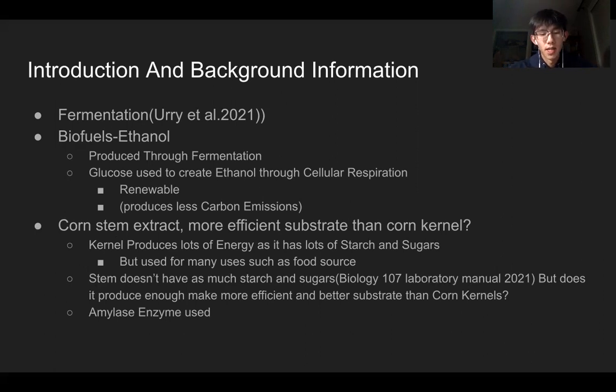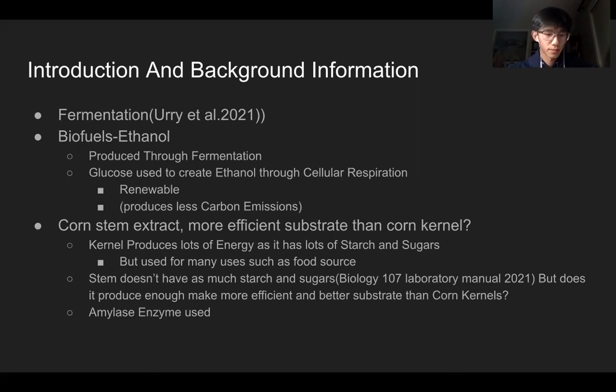In this experiment, we will use yeast cells to ferment glucose broken down from starches found in corn stem cells, which contain only a little starch according to the 2022 Bio 107 Diet Manual. Although corn kernel cells contain a lot more sugars and would likely produce a lot more ethanol, they are used as food and have many other practical uses, whereas by comparison, corn stems are usually not used and simply just